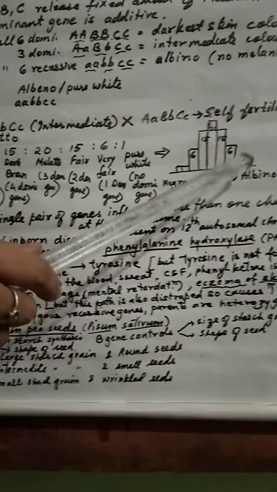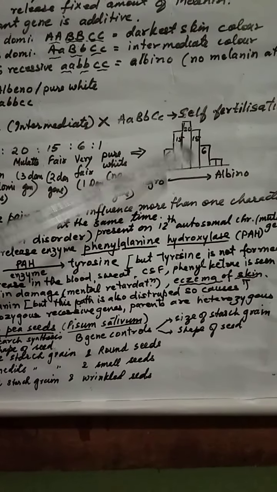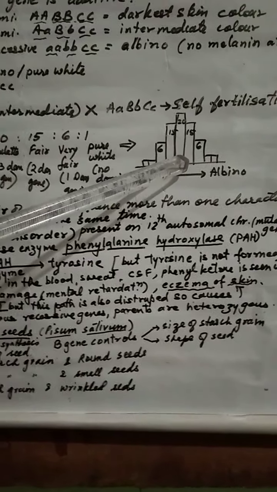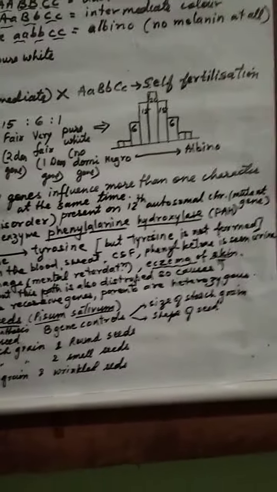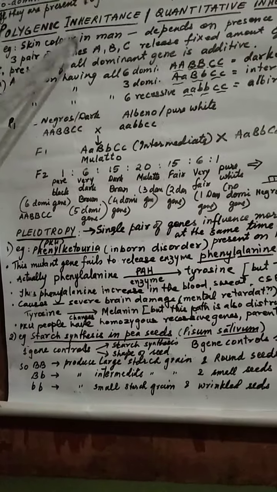If we put this in a histogram, we will get this type of graph. So these are the Negroes. Black colors are less, then little darker brown, then browner, and this intermediate color mulatto is maximum on the earth if you see. And again white are less and lesser. So this is known as polygenic inheritance. Even the height of human beings can be shown by this particular law only.